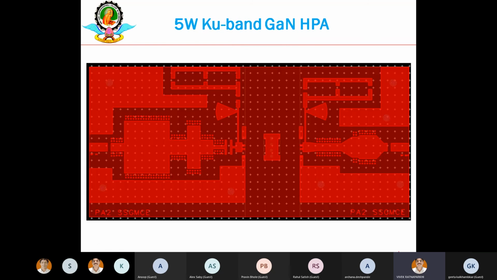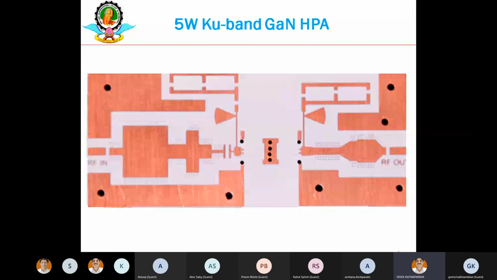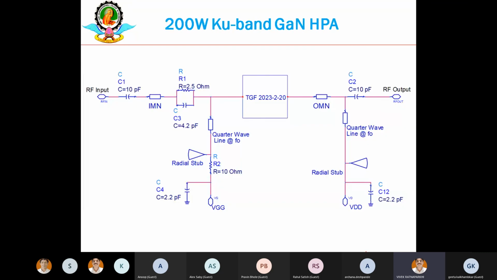So quickly, I will just demonstrate. This is my another KU band GaN HPA. This was C band; this is KU band, and these are the results of this KU band. This is another PCB which I have fabricated, and as you asked, I took help from one industry person to fabricate this. The company is in Pune. With a lot of effort, they could realize these small bits which you can see. These are the tuning pads. I changed it 3-4 times, and in the end they came up with this very small dimension of tuning pads. Then this is the schematic of my 100-watt structure.